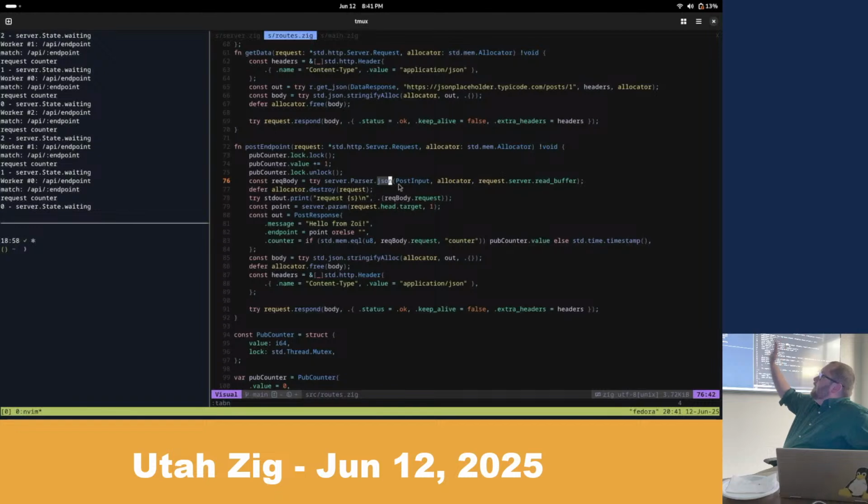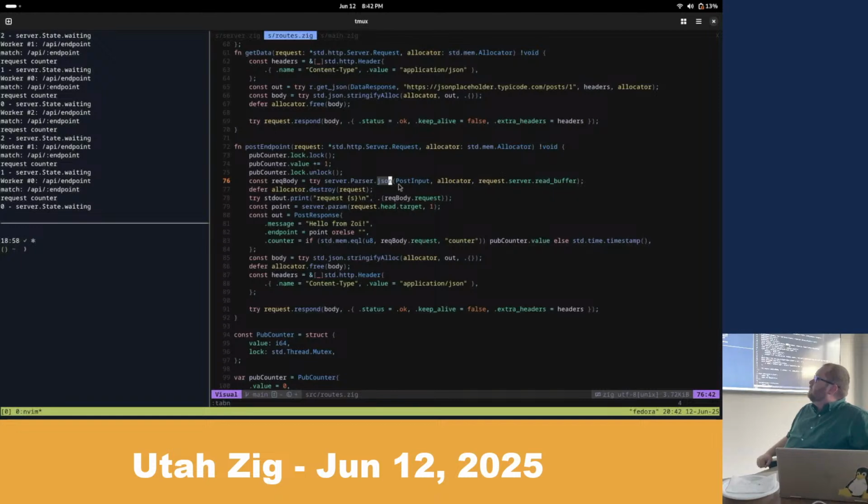And then I'm giving it a type, which is going to get fed into the Zig JSON parser. Zig's JSON parser can actually parse to a non-type-safe object where it's essentially a hash map. Or you can give it a type and get a type back, which is what I vastly prefer. And then I'm giving it an allocator, so it'll use that to allocate the object. So post input is the type, right? Yes, post input is the output type of that call.